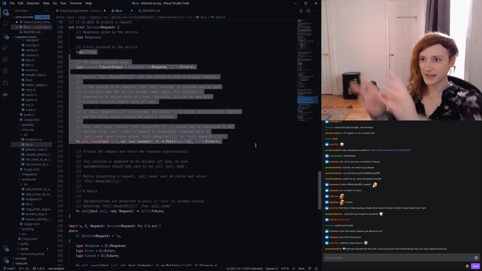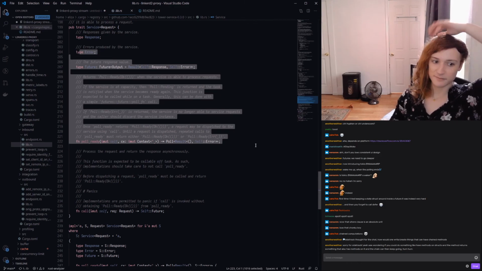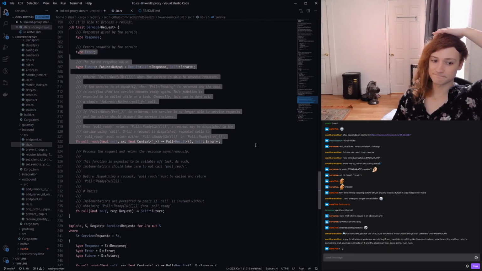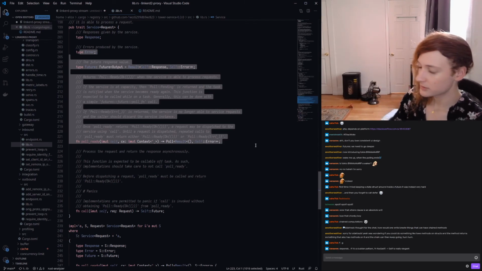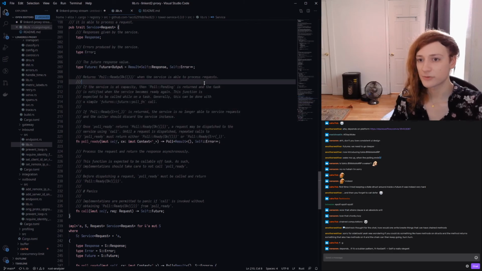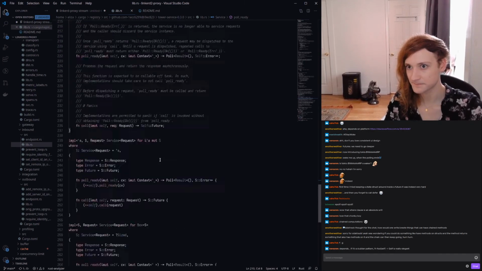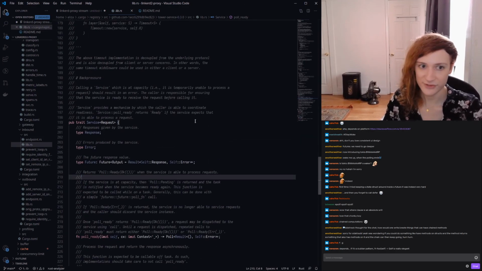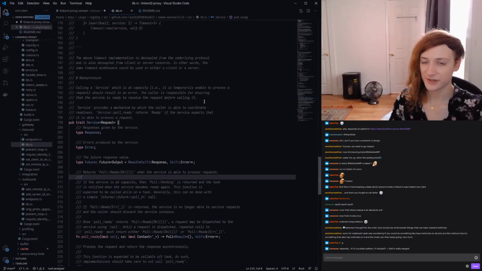So I can say f of g, I can compose these functions together, and because of that, I can sort of build abstractions out of pieces by composing these functions. And service is basically a function. In fact, it is implemented for functions in many places, not here, but elsewhere in Tower, there's an implementation of a service for a function.